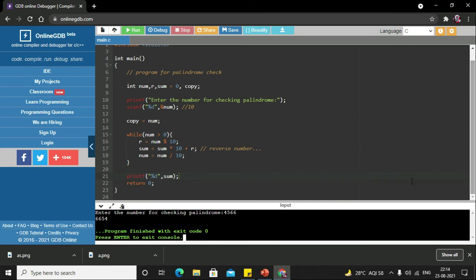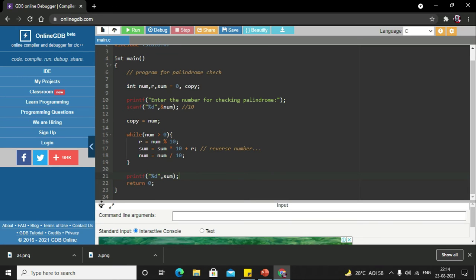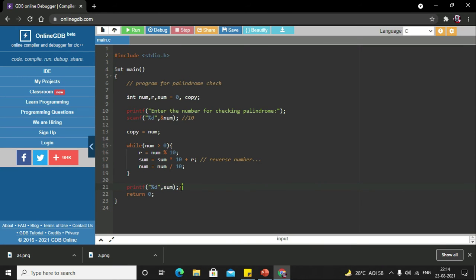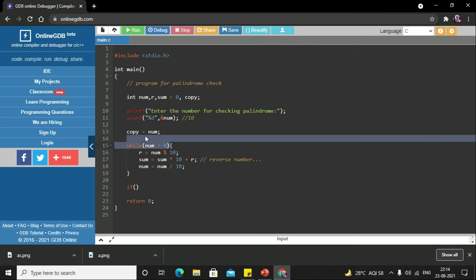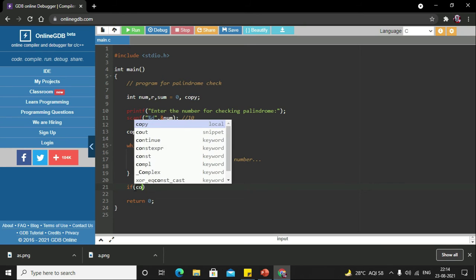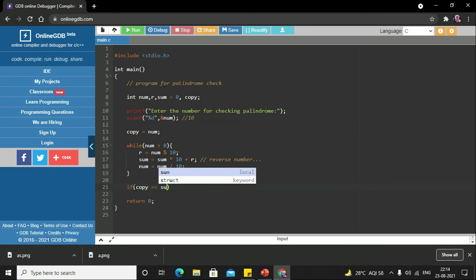Now for the palindrome check. Let me go for the palindrome check from here. Let me erase this also. Now I'm going to start an if statement. Where is my original number? My original number is in the copy because num has already changed here. Num has become 0. That's why I copied the number. So whatever the number was in num, it was copied earlier in the copy variable. So I have to check if copy is equal to sum. See what this statement basically means: original number is